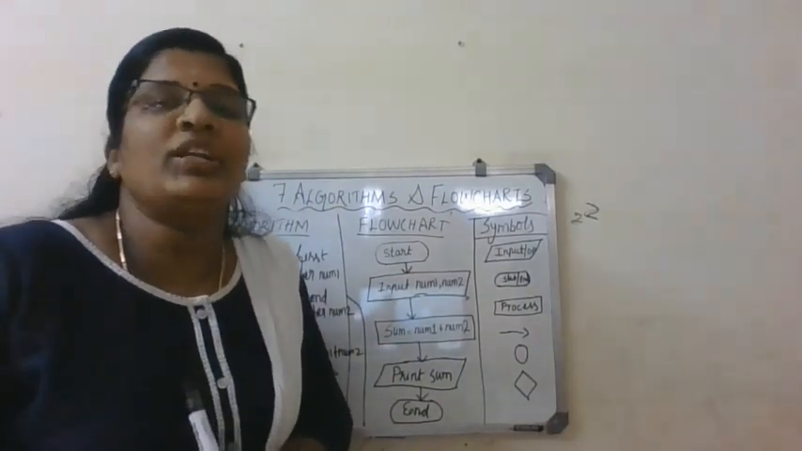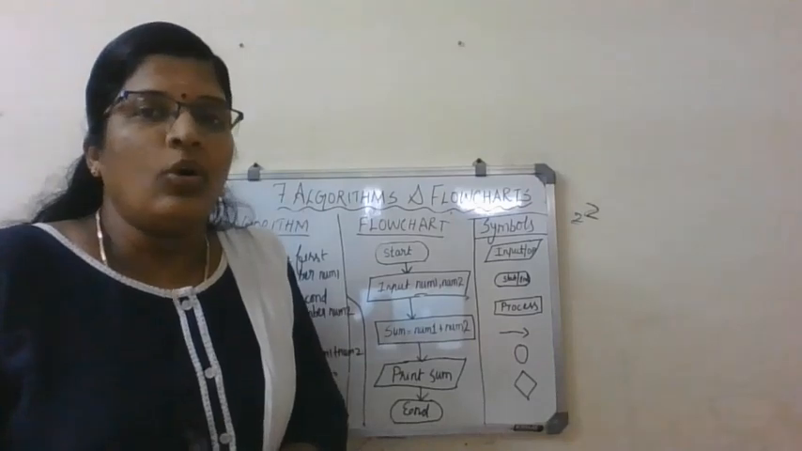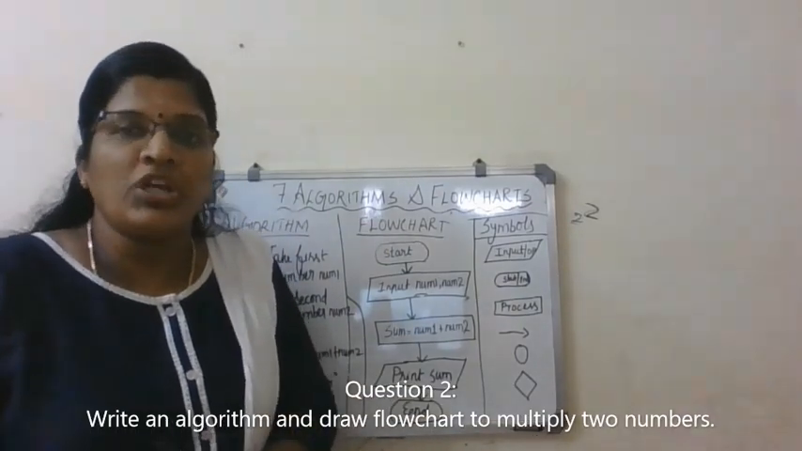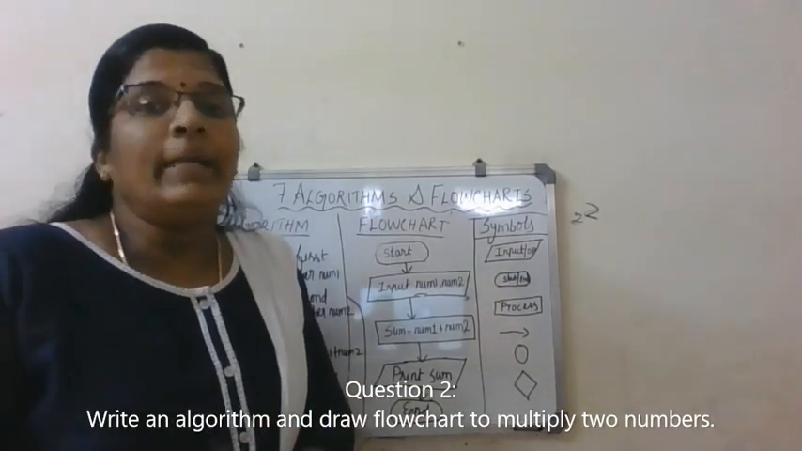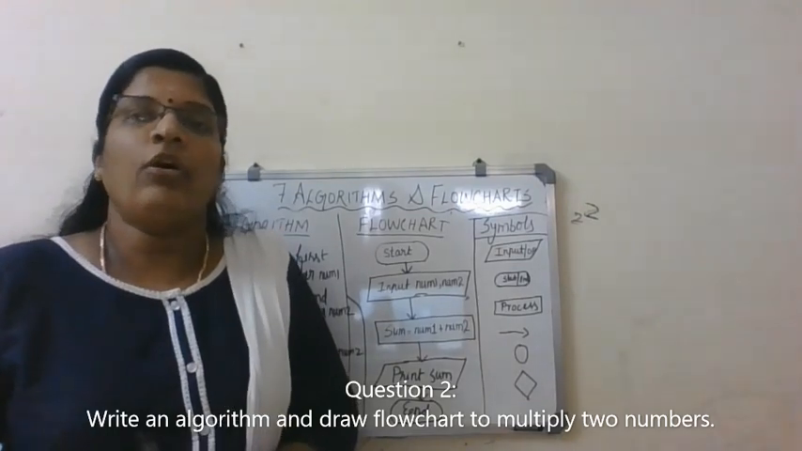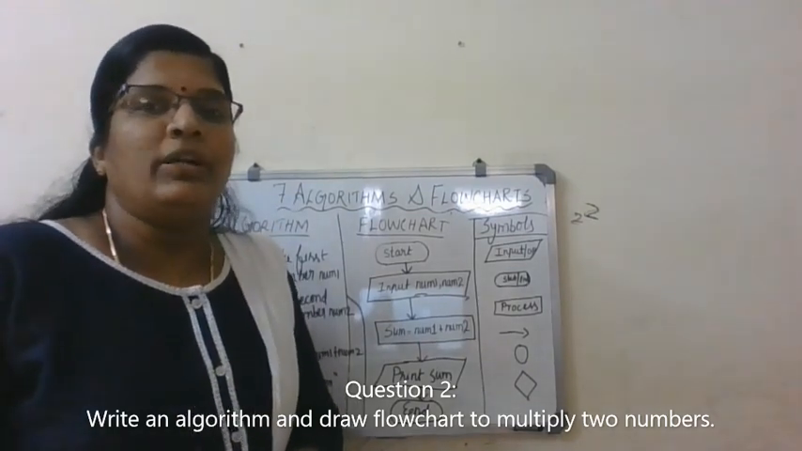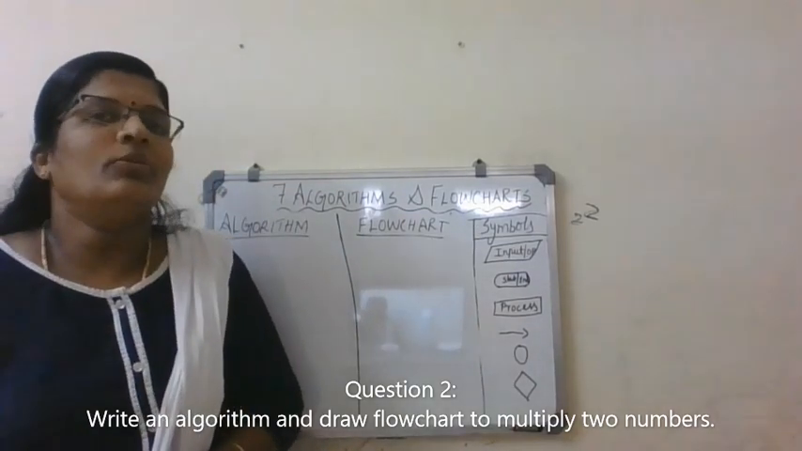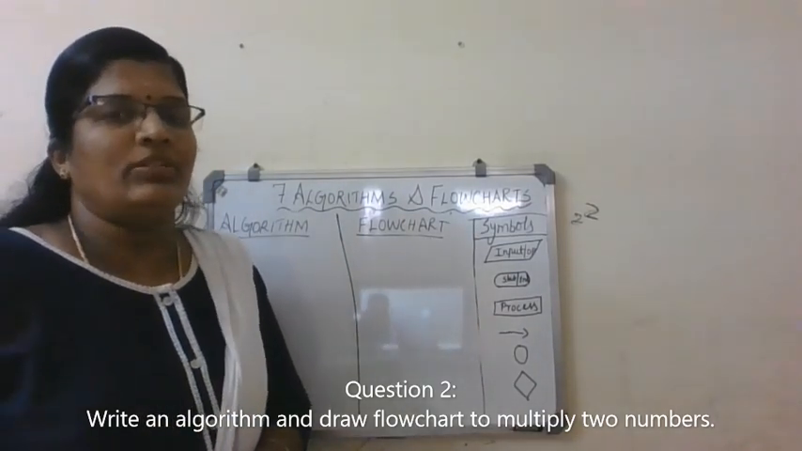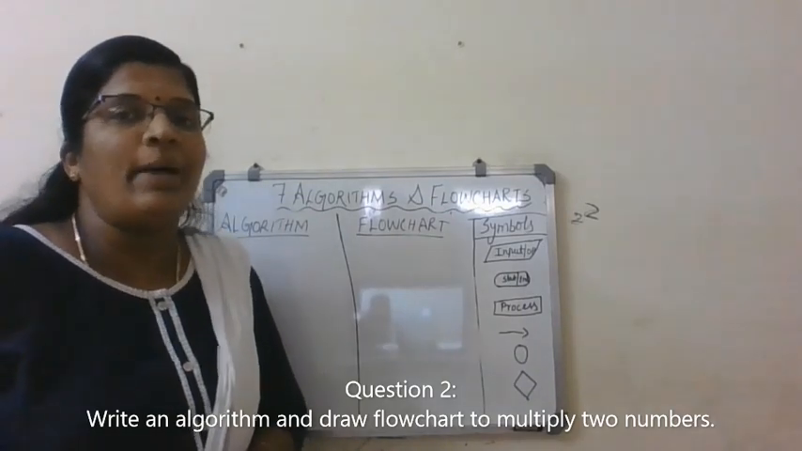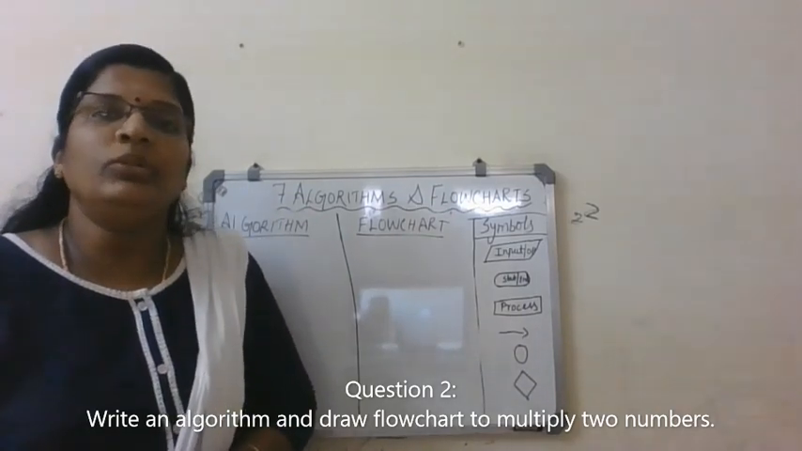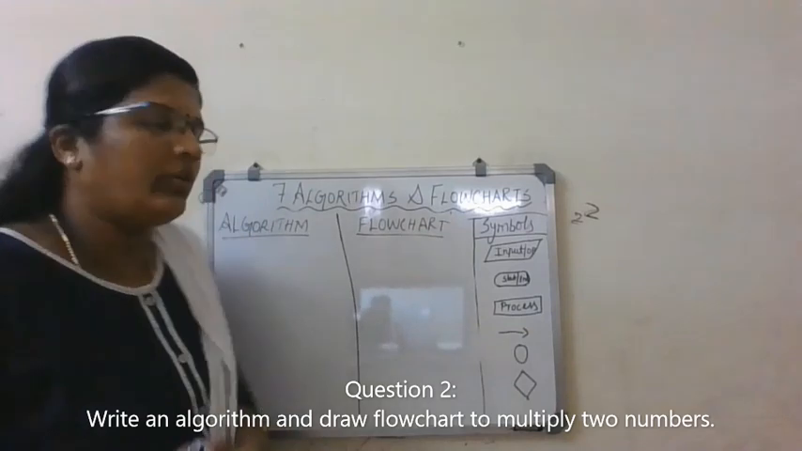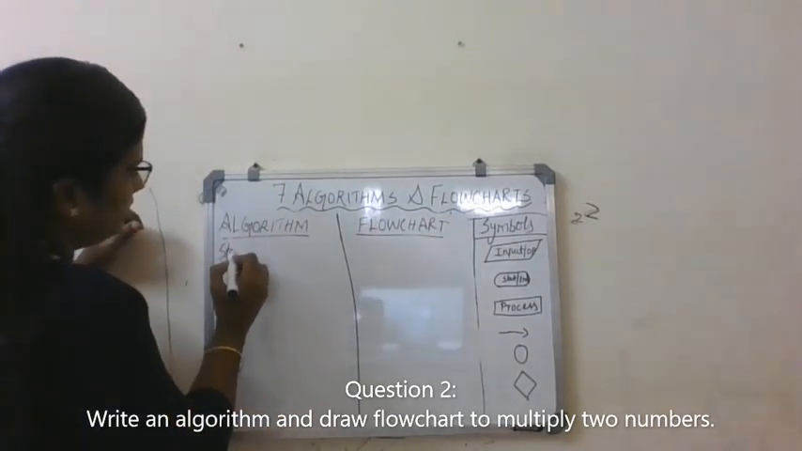What is the next question? Write an algorithm and draw flowchart for multiplying two numbers. Okay. Shall we write the algorithm first? Yes. So we are going to multiply two numbers. So what is the algorithm for multiplying two numbers? First, we have to take the first number, okay? So step 1,